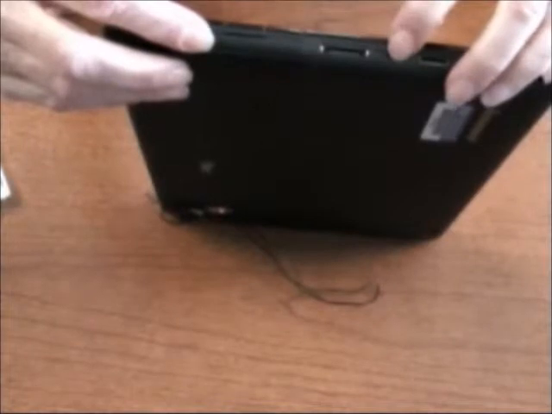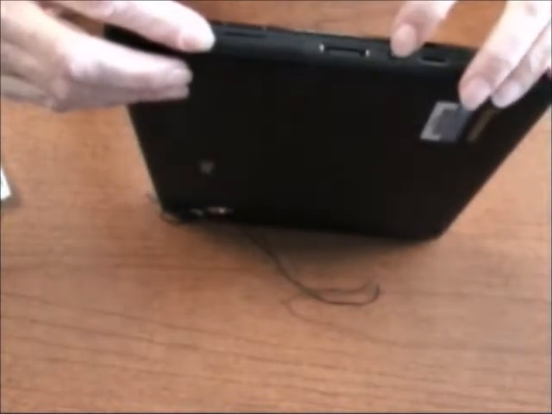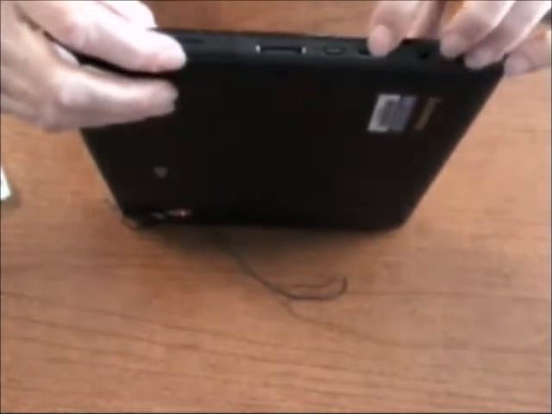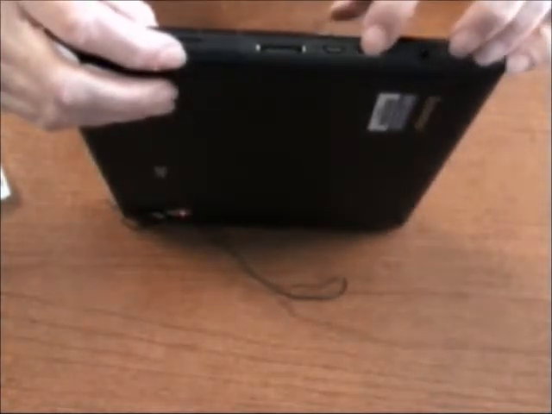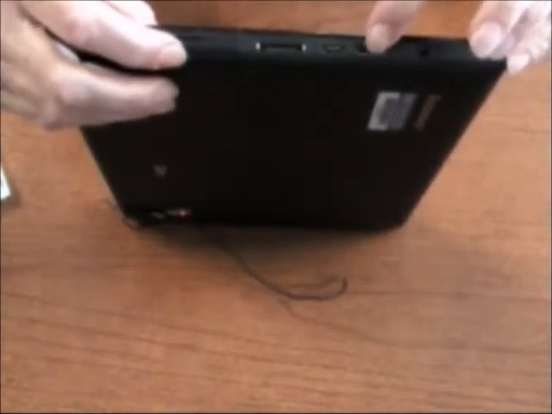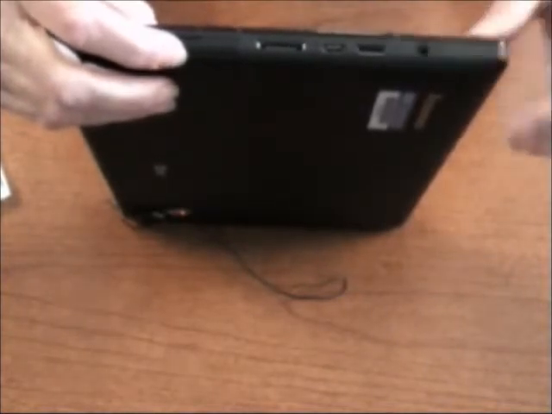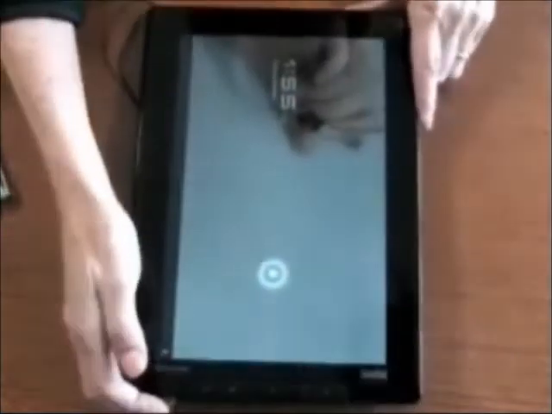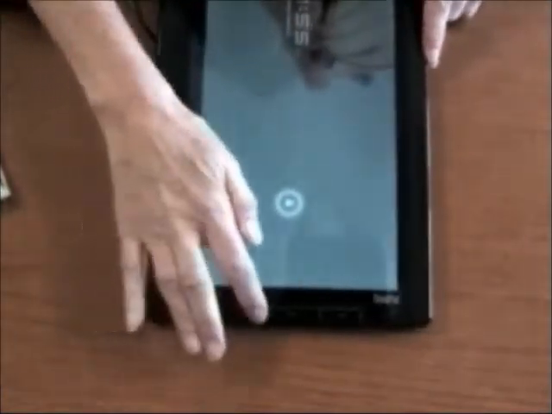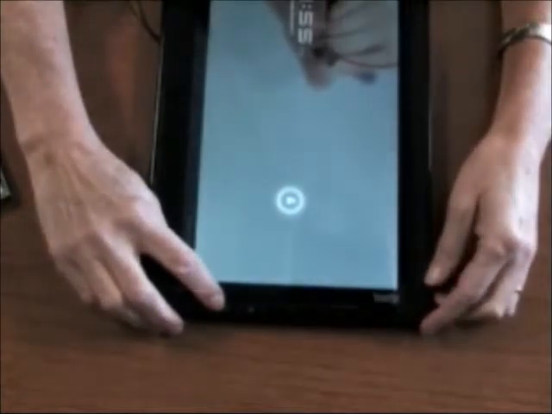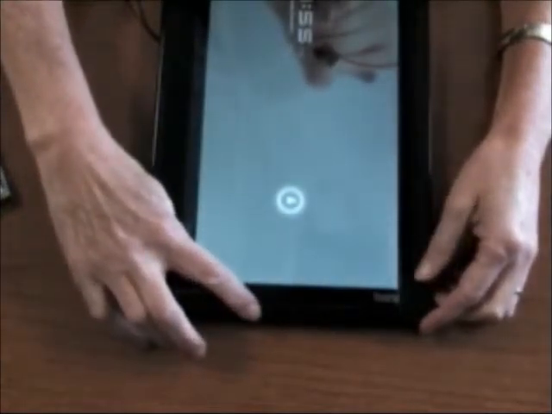There is a mini USB port for charging. There's a mini HDMI slot for external display devices. And there's also a headphone jack to support a headset. On the face of the tablet, there are 4 buttons along the bottom. One is to lock the rotation of the screen, one is an internet browser button, one is a back button